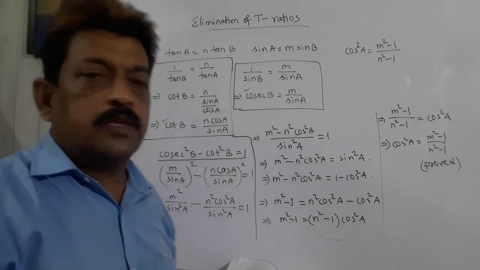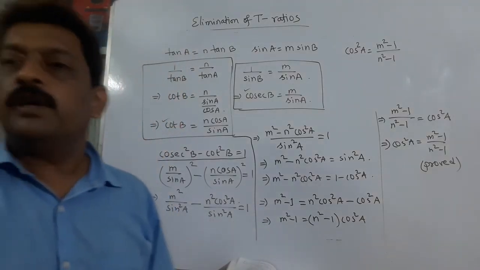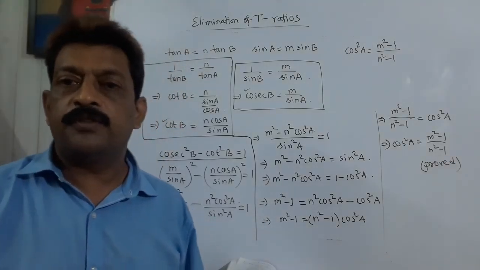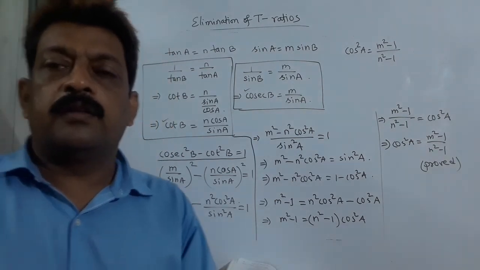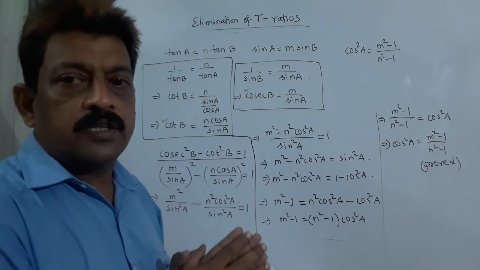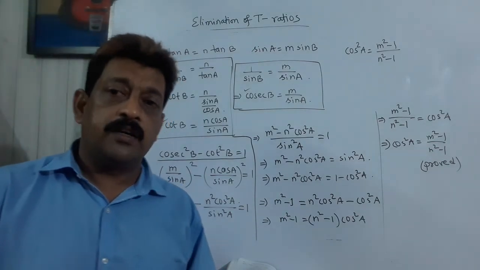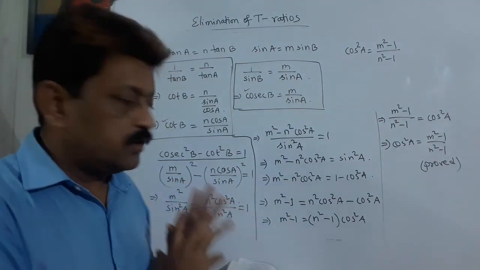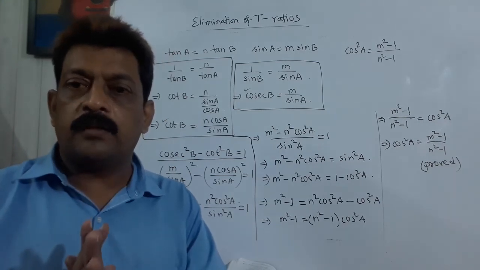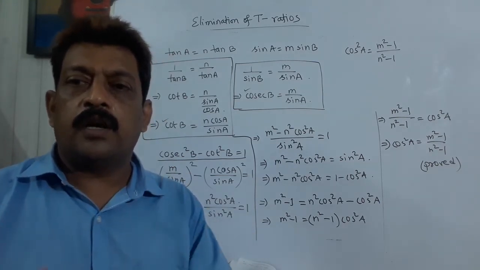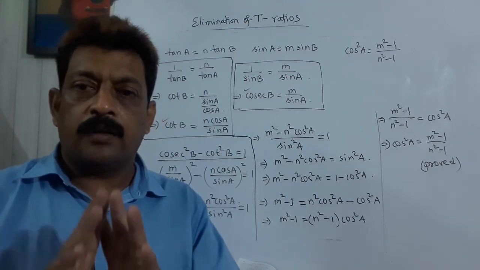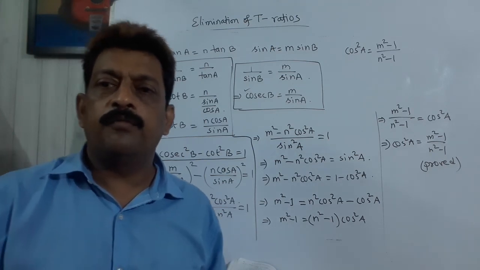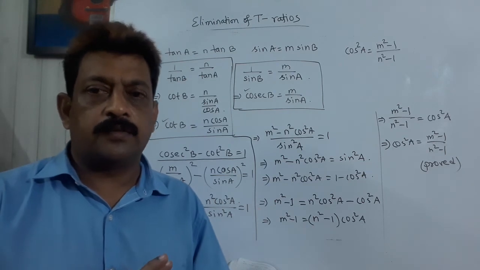So hope you have understood the sum. We only have to apply the basic knowledge about trigonometry. So that's all for today, and here the chapter, Introduction to Trigonometry from class 10, is concluded. By now I hope all your concepts are clear, and now you can solve any problem given from this chapter.